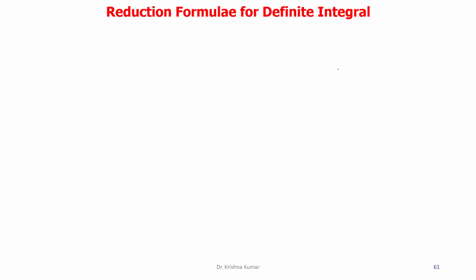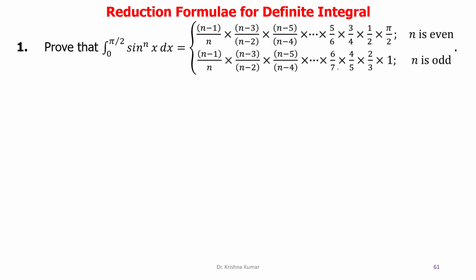In this lecture, we discuss the reduction formula for definite integrals. The question is, prove that the integral of sin^n x from 0 to π/2 with respect to x is equal to (n-1)/n × (n-3)/(n-2) × (n-5)/(n-4) up to 5/6 × 3/4 × 1/2 × π/2 if n is even, and if n is odd, then